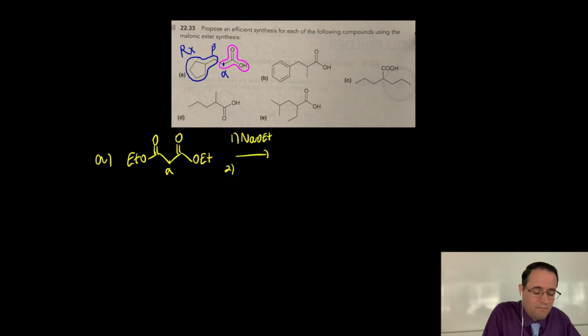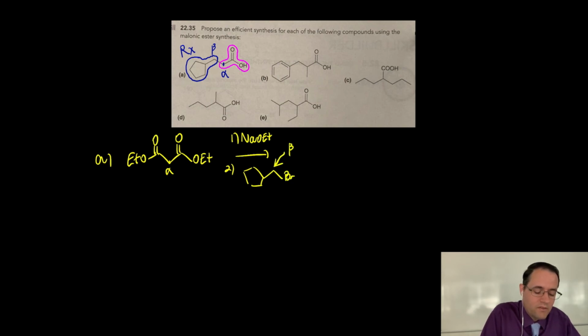So it says propose a synthesis. In part A, what we would do is take diethyl malonate, and that's the alpha carbon that I've highlighted there in blue. So 3 steps here, right? We would add sodium ethoxide. We would add this very interesting alkyl group,